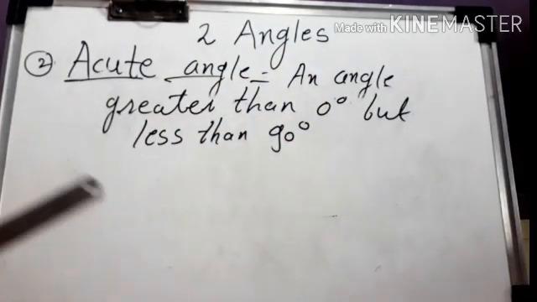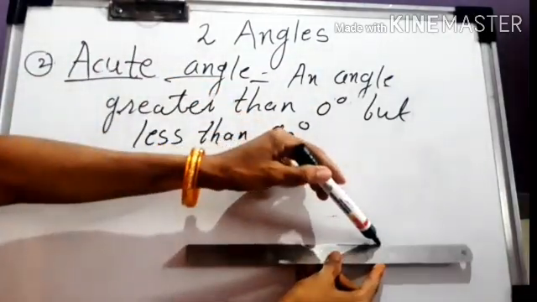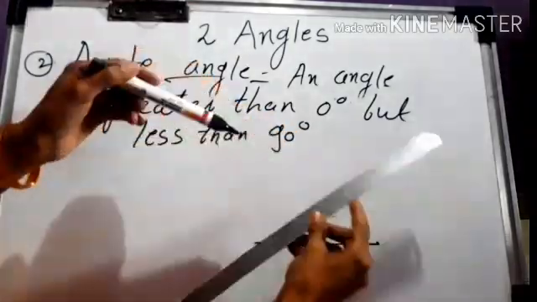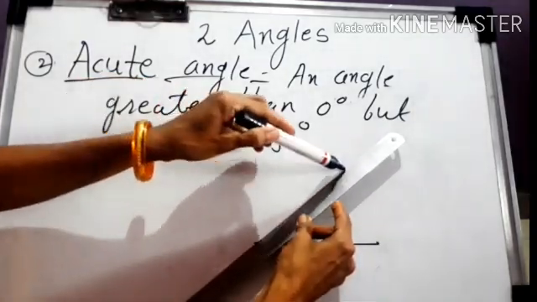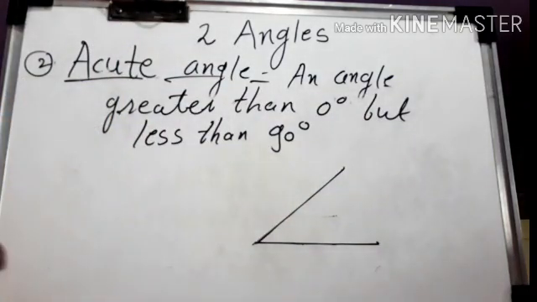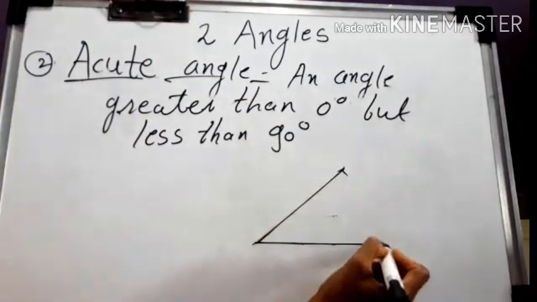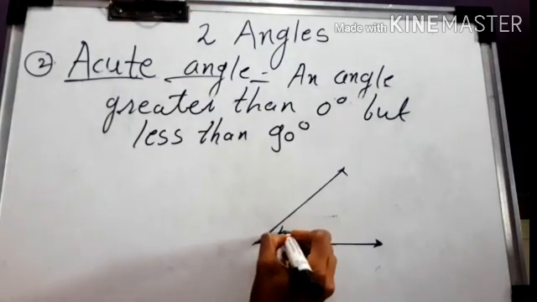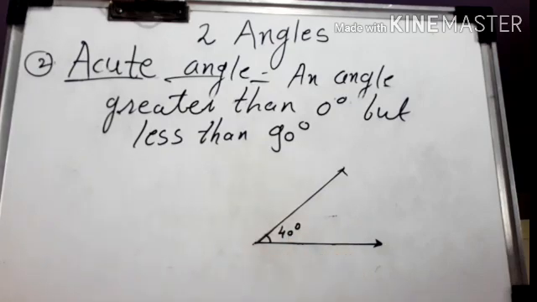So how can we show the figure of this acute angle? Here you can see. Right angle means exactly 90 degree straight line. So here below 90 degree means this type of angles will be the acute angle. Below 90 means you can start from 10, 20, 30 up to 90. For example, this is an angle of 40 degree. So this is an acute angle. So what is meant by acute angle? An angle which is greater than 0 degree but less than 90 degree is called an acute angle.